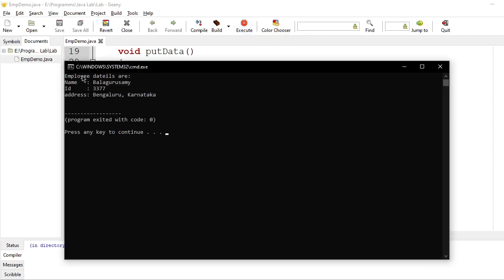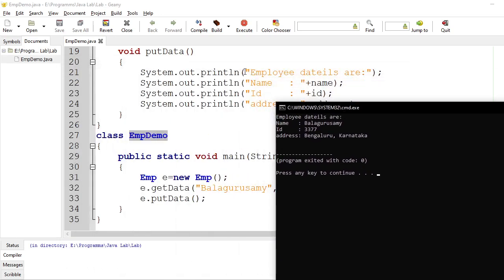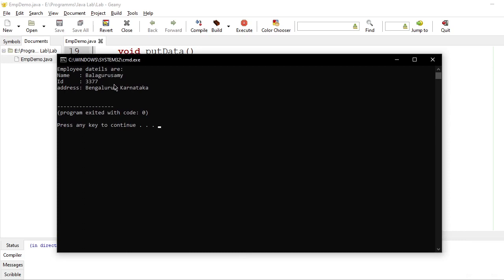Whenever you execute it, it will display the details of the employee: Balaguruswamy, ID is 3377, address is Bengaluru, Karnataka. It is in the formatted manner as you wrote in putData. This is the output I need for the second experiment.